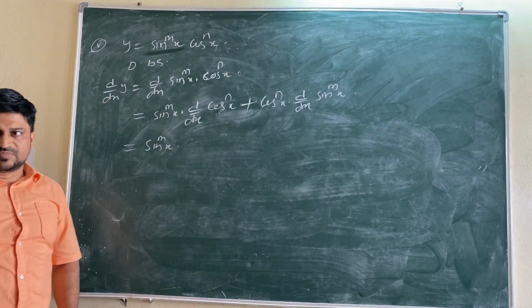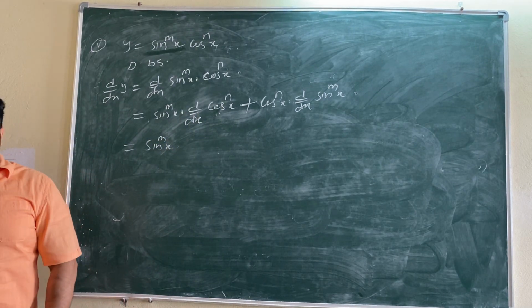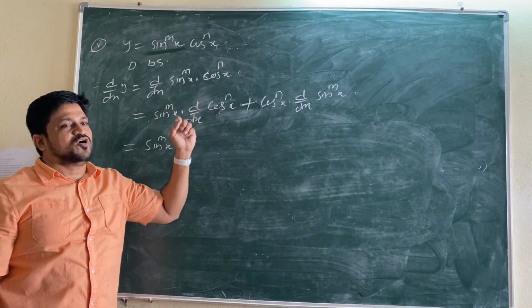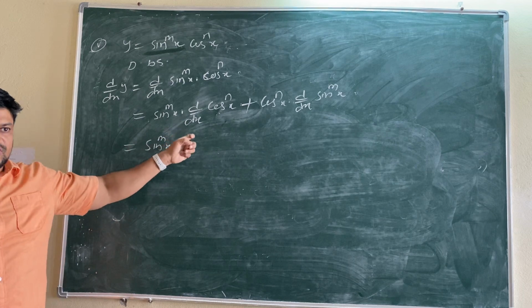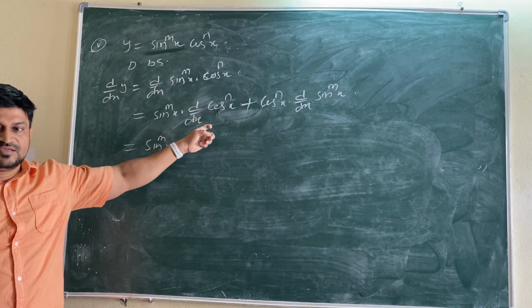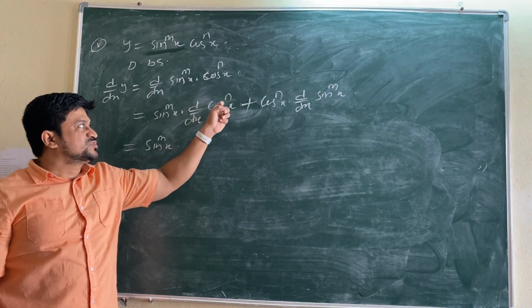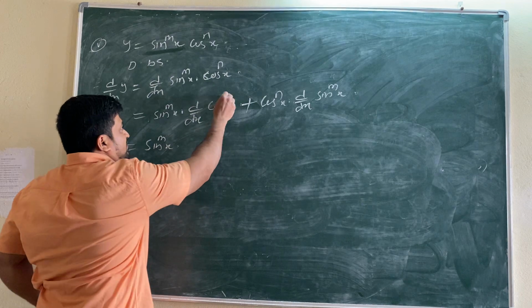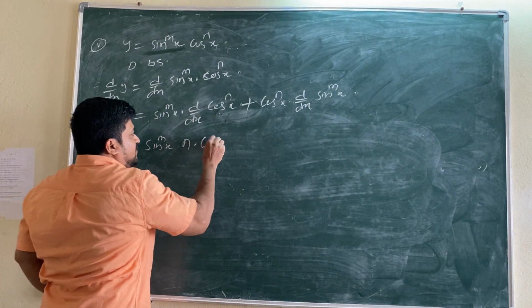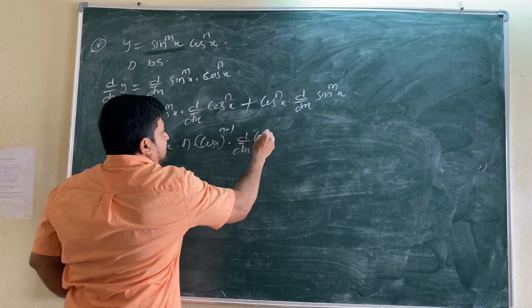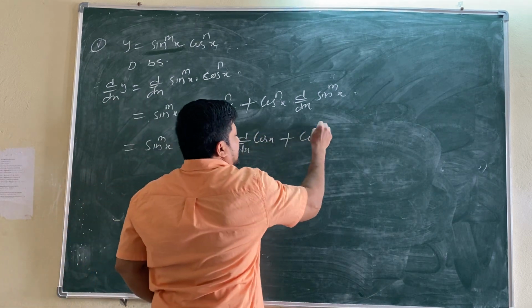First question, cos power n x, same type. This is cos x whole power n. Don't write the derivative of cos as sin power n. Since it has a power, this becomes x. Considered x value is this. x power n is n into x power n minus 1 into d by dx of what we have thought as x, that we should write.